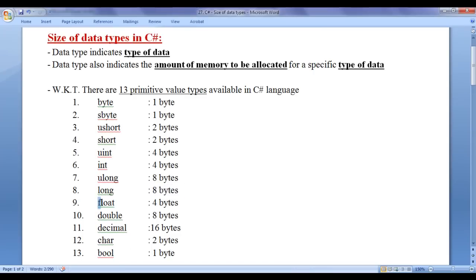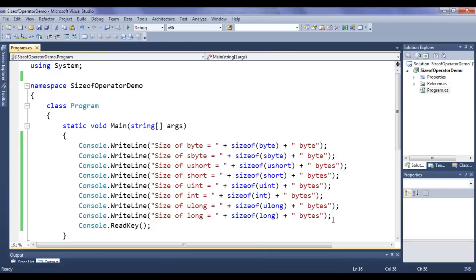Next we display size of float, size of double and size of decimal. Size of float is 4 bytes, size of double is 8 bytes, size of decimal is 16 bytes, guys. I go back here. I'm going to copy this line of code and paste down. Size of float. I say here float. I am going to copy this line of code, paste down.